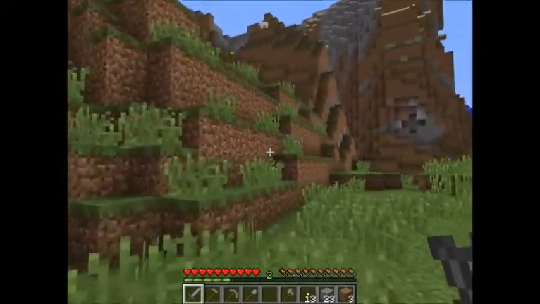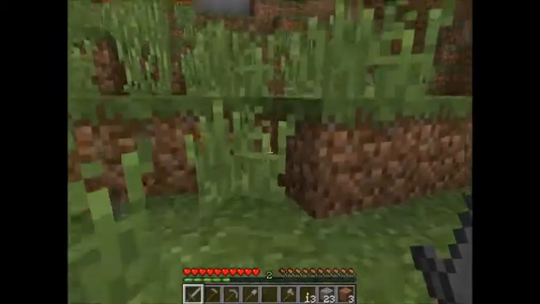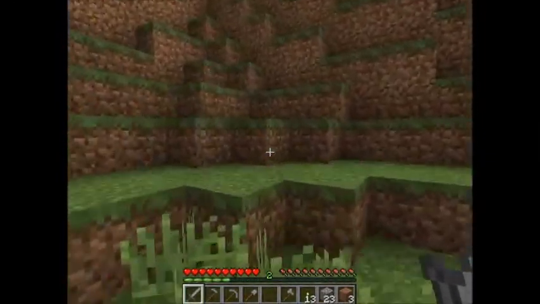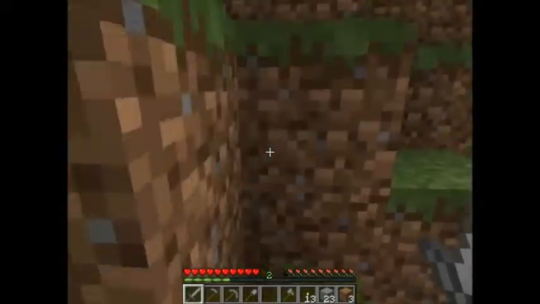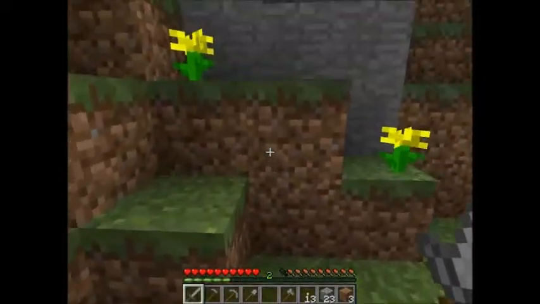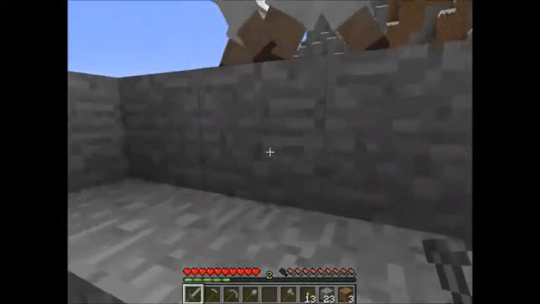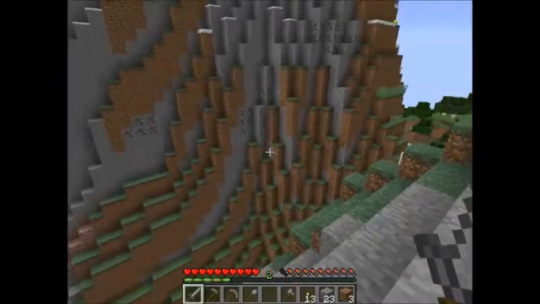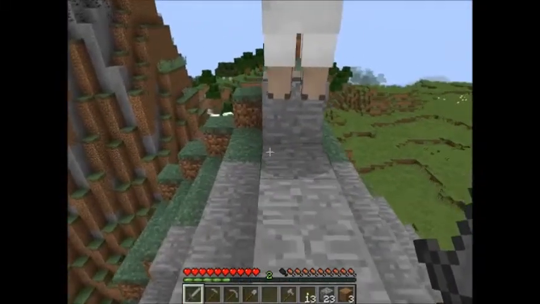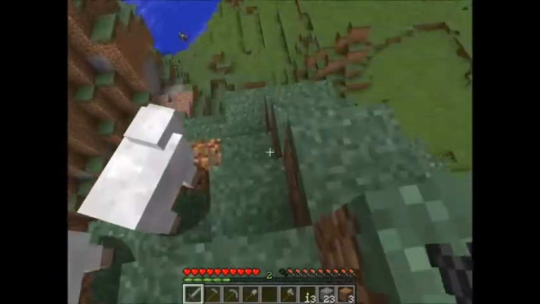Now, the reason we want to get sheep initially is actually because we need wool to make a bed. And the bed is important because of 2 reasons. It will let you skip the night and go straight to day again. And it will reset your spawn point so that if you die, you will spawn in your bed instead of...